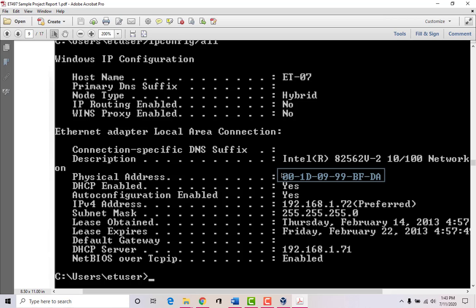Sometimes you want to secure things by MAC address. If you have a super secure network and you really don't want anybody to get in, only specific computers, you can look at the embedded MAC address of that network card, and you can basically say, hey, I only want this MAC address to access my network and nobody else. And since they're unique, only those computers will be able to access it.